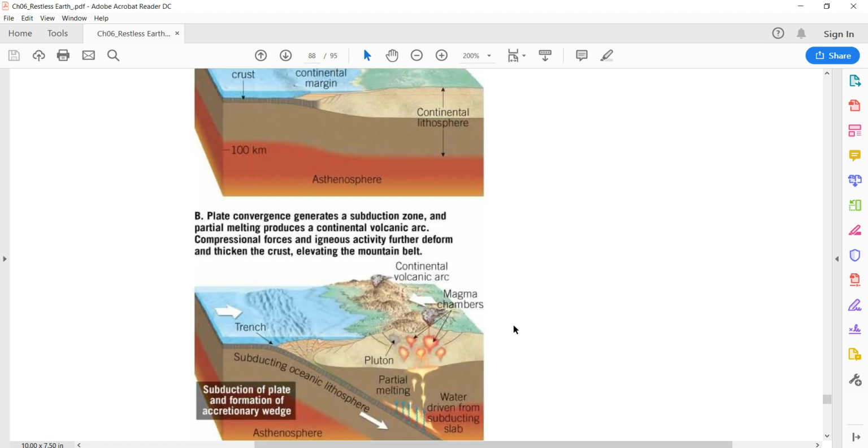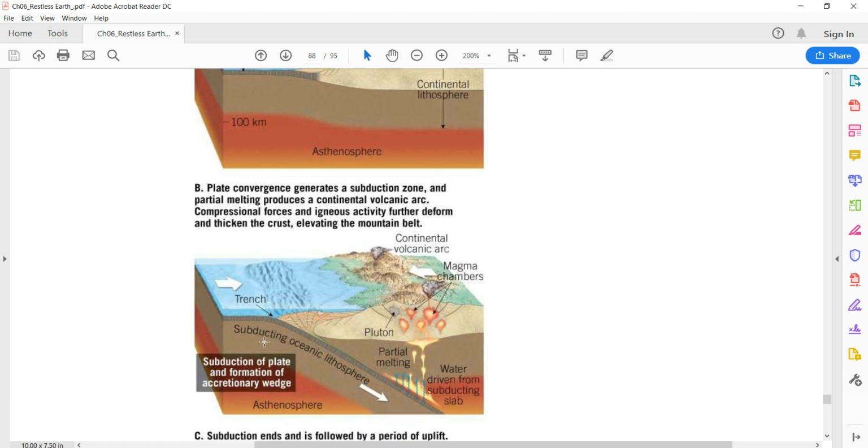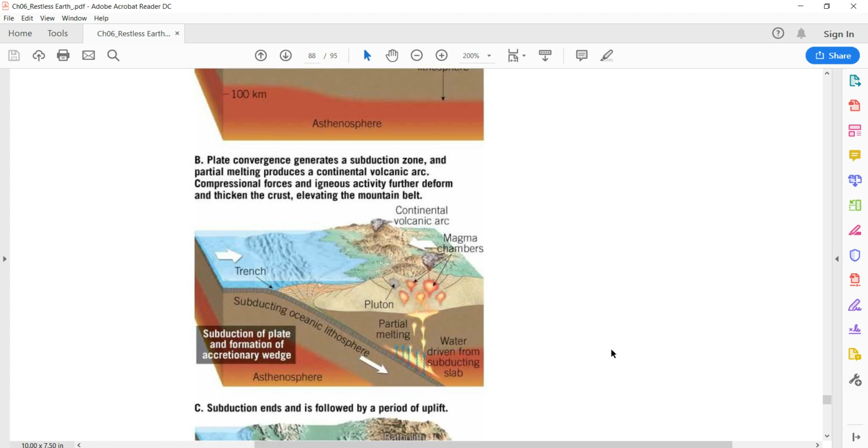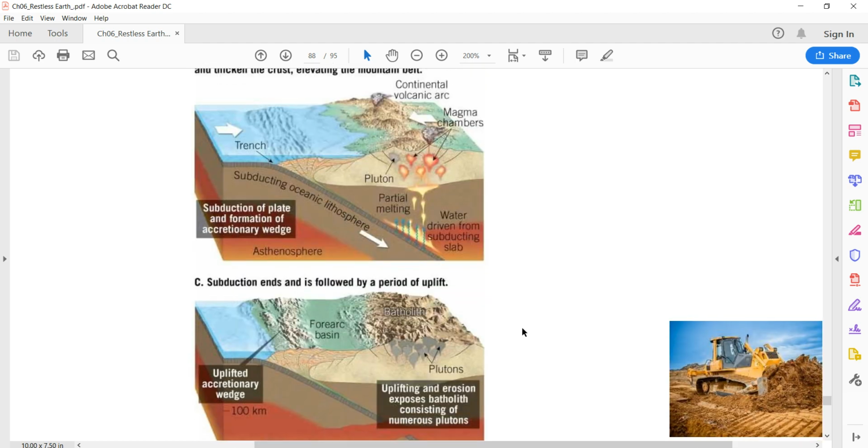So the idea is again very much similar. The oceanic plate being denser than the continental plate, it will start to subduct into the mantle, and as it gets to about 62 miles into the depth of the earth, it will start to melt. Partial melting will begin, and that will start forming magma. The magma being buoyant, it will start rising toward the surface, and this plate is still subducting,